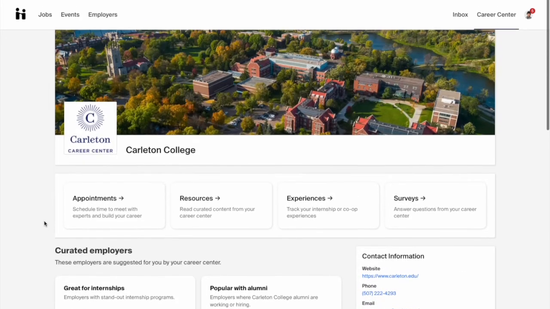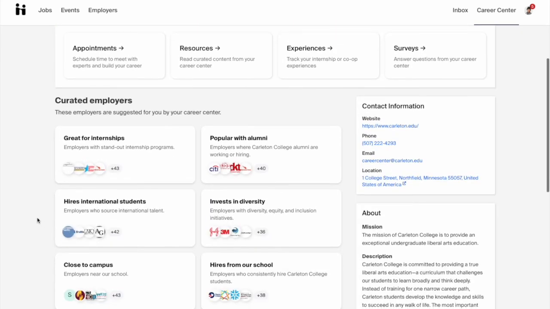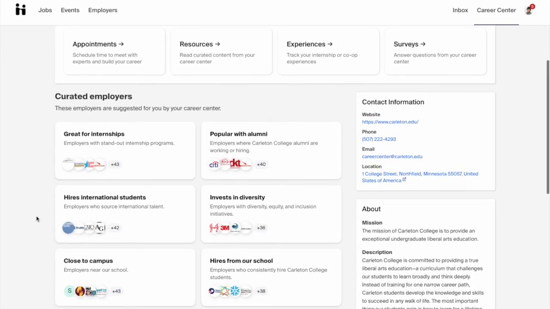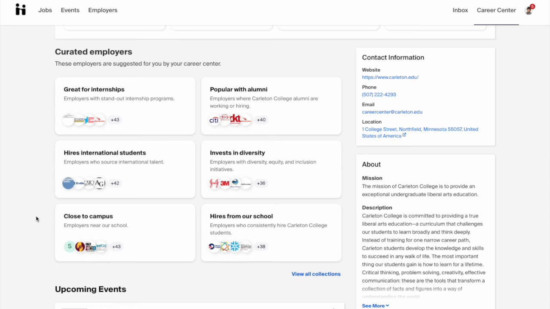Also on this Career Center page is a new feature for Handshake called Curated Employers. And these are employers that are suggested for you by your Career Center. So myself as well as my colleagues. And what we have done is we have looked into, for example, in Invest in Diversity, we have looked into these